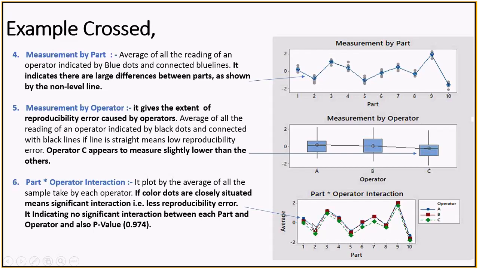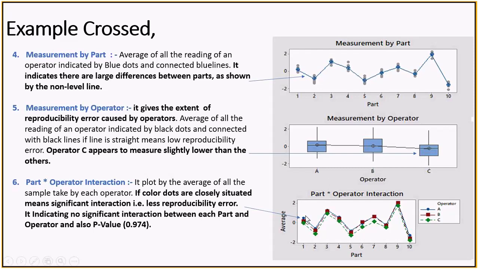Now in this case you can also compare this graph with the previous graph. Mostly we are saying C is giving the lower results, right? So C, the green color, is mostly giving the lowest result compared to A and B. A and B are a little bit close for most of the samples, but C is not very close. If all the lines are connected very closely or situated very closely to each other, we will say yes, there is less interaction.